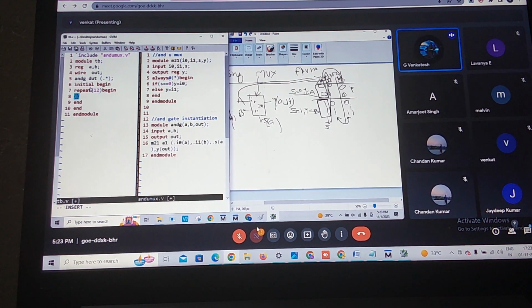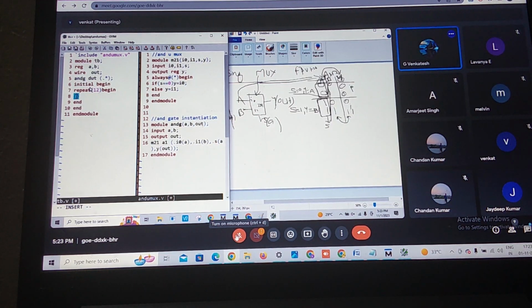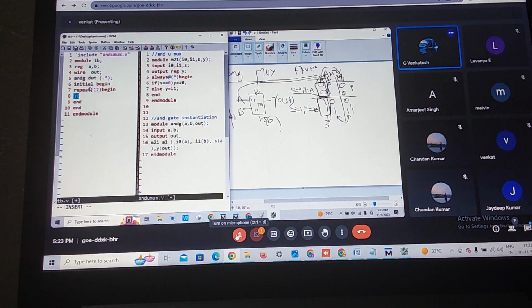What will I pass here? Yes, or do I not want to? Tell me. Yes, am I passing or not? Yes. Which input will I pass? I not, I1, or S, or AB? AB only, because you are getting output and getting the truth table now, so you need to pass and get the truth table.